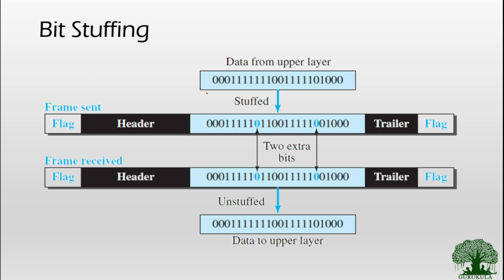Here the frame will be processed in this particular direction, and it is very important to remember that the flag sequence representing the start and end of the frame starts with 0 followed by 6 consecutive ones and then followed by a 0. So my only task is to ensure that the data field does not have 6 consecutive ones appearing anywhere. So if I encounter 5 consecutive ones, I will stuff a 0 bit inside it